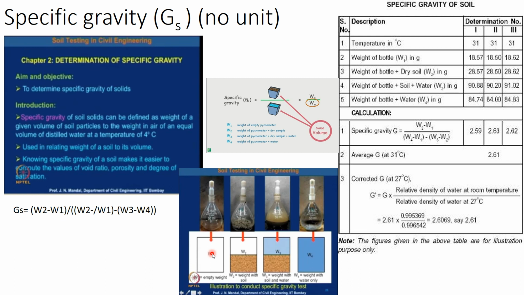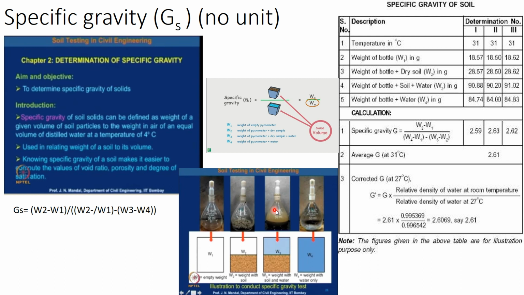Next, add your soil. Add your soil to the bottle, put the cap and measure the weight. Approximately we can take 10 to 15 grams for a finer soil. So we can put approximately 10 grams of soil, put the lid and measure the weight. So this is our W2. Then we add